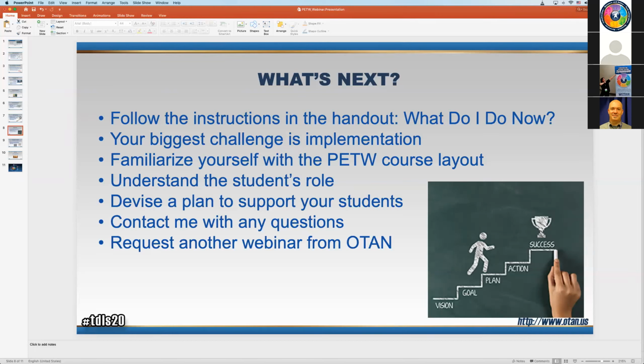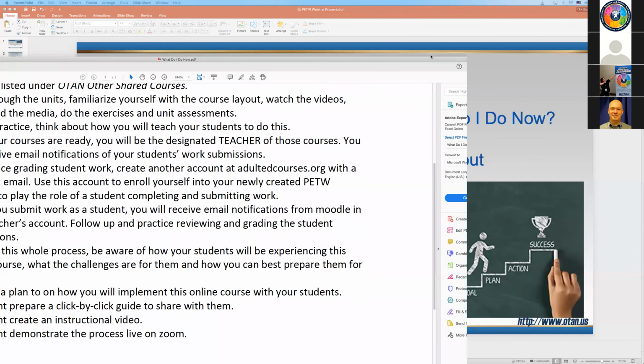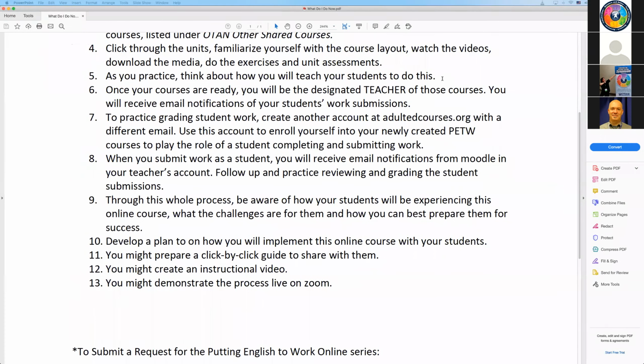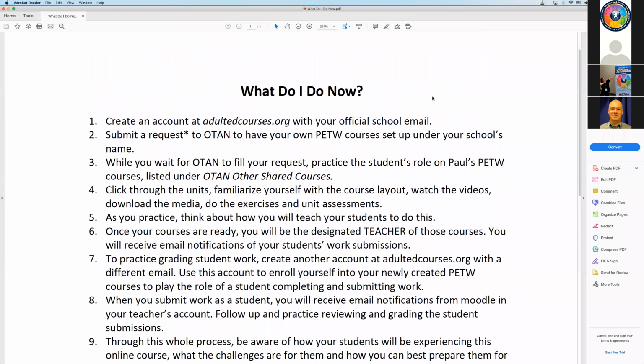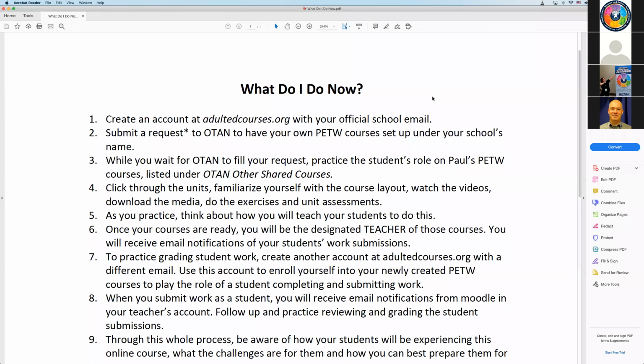So what I have outlined in this document is that I want you to go to adultedcourses.org and create an account with your email, your official email, okay?